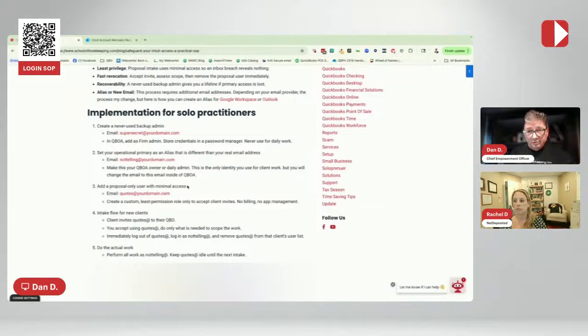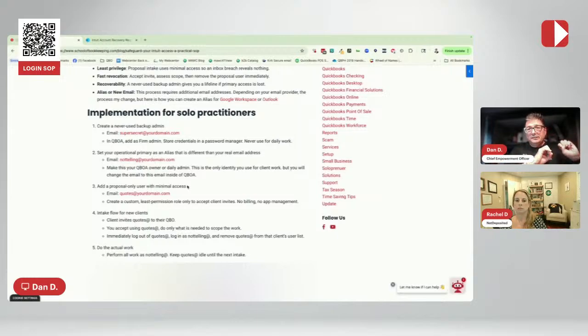As soon as you get that invitation, you remove that user from the client, so that if that particular user gets compromised, they don't have access to any client.